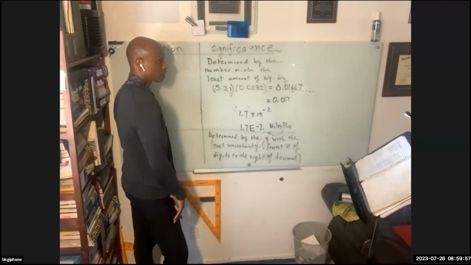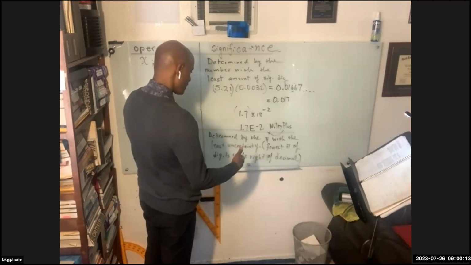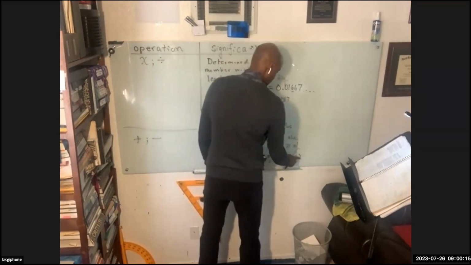If there is no decimal, then it's the number with the fewest non-zero digits, period. Yeah, I think that works. So fewest number of digits to the right of the decimal, or